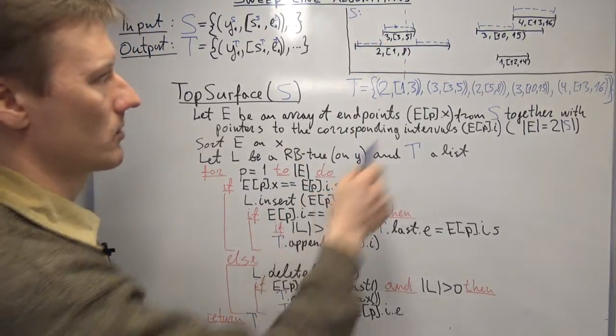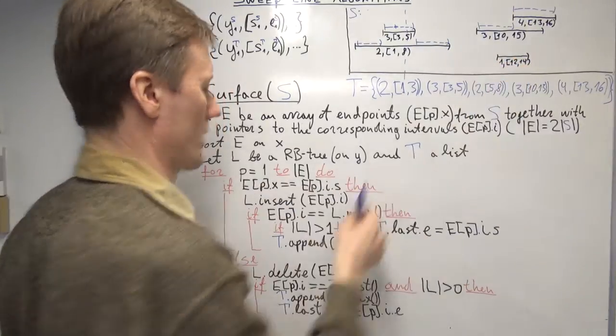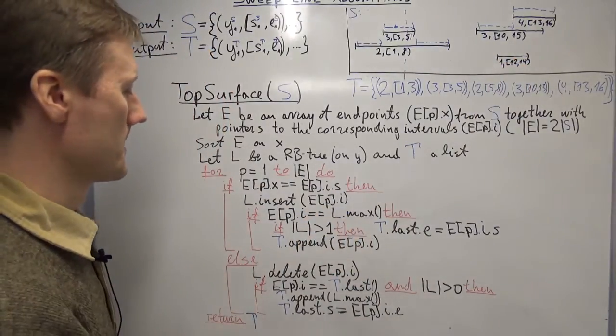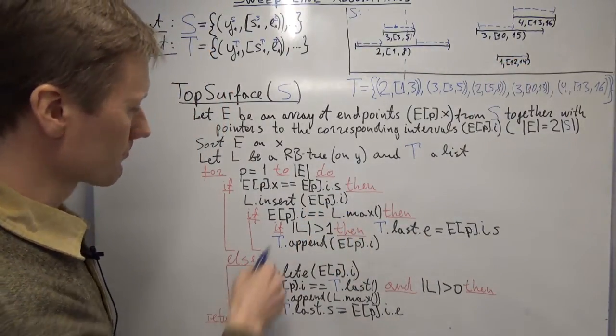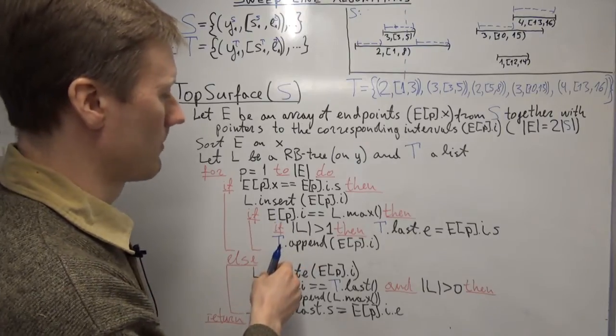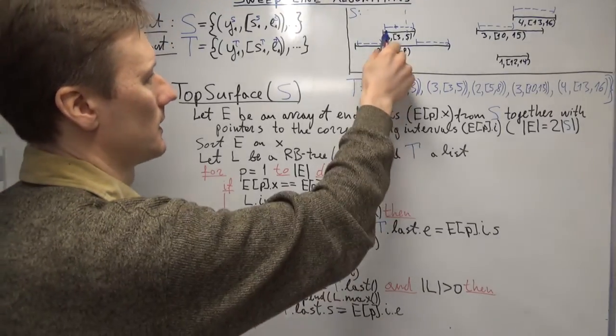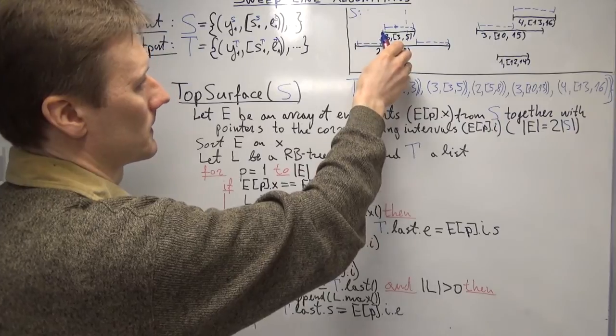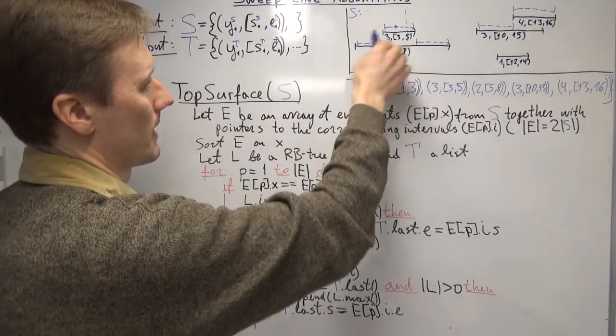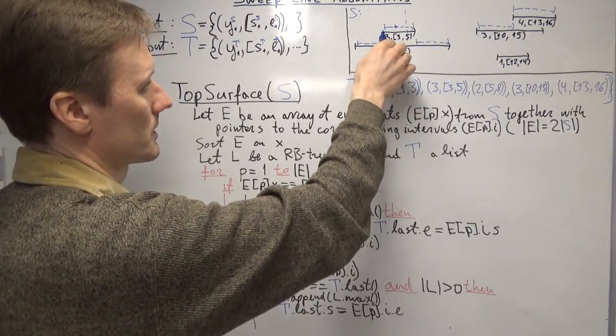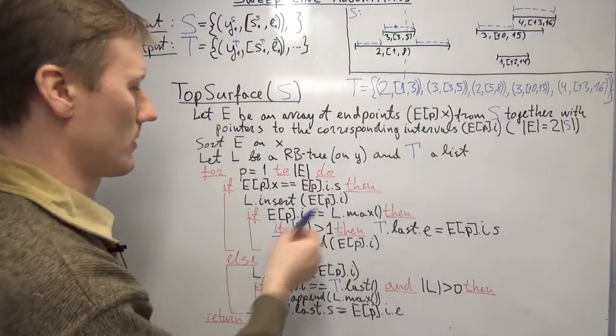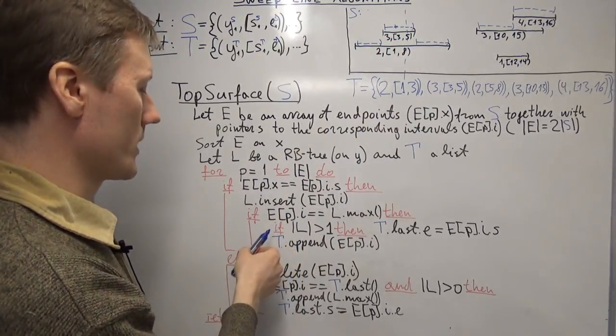If it's not the topmost interval, like for this case, we don't have to do anything. If it is now the topmost interval in the sweep line status, like for this interval, when we insert this interval, it becomes the new topmost interval, then we have to